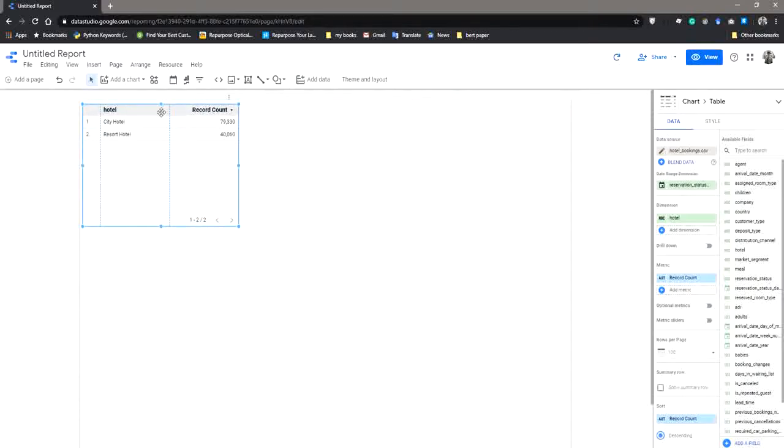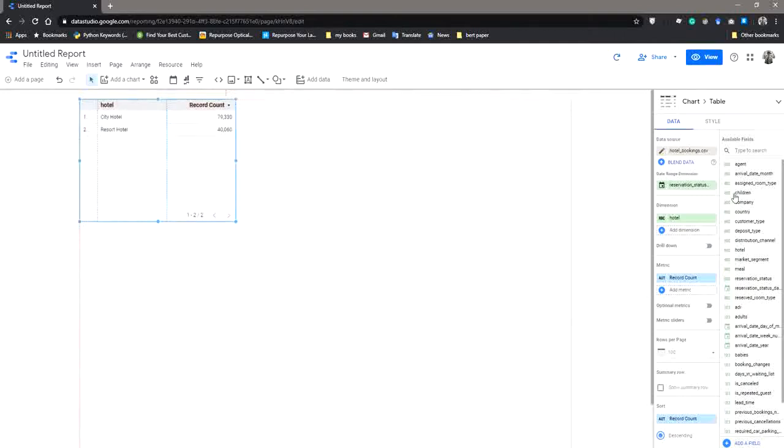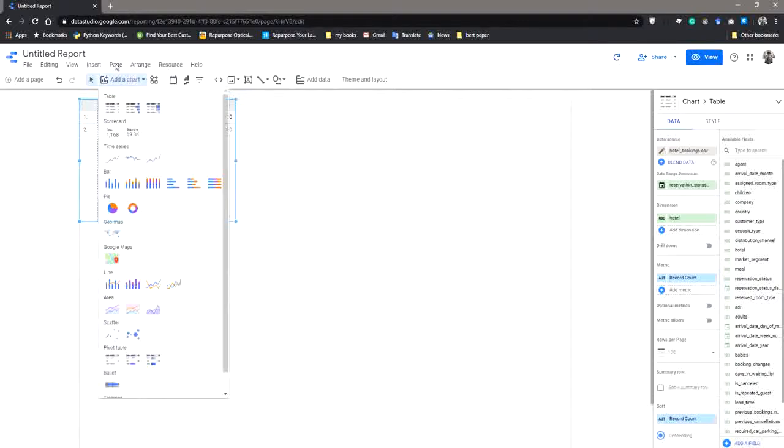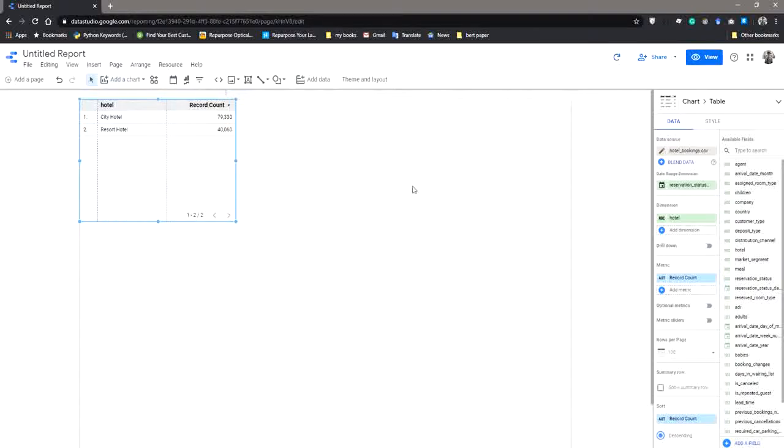Here we will be generating some specific metrics. First of all, I am using this. Actually, it is a table. We will be using this table to visualize our various metrics, such as we can select country in the dimension.